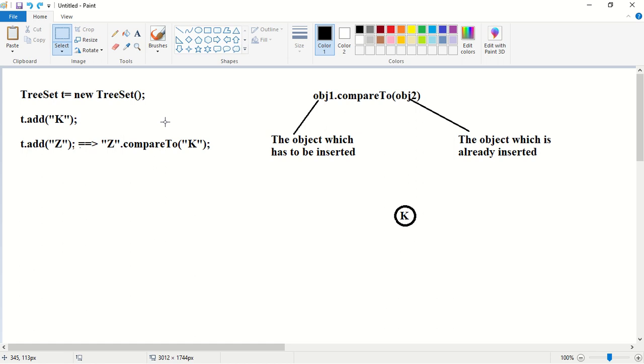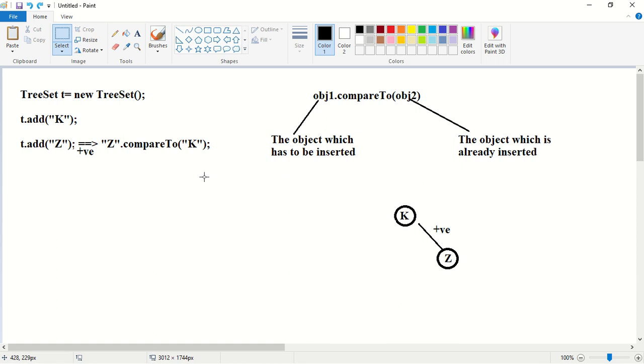In default natural sorting order, the sorting order for strings is alphabetical order. Should z come after k or before k? It should come after k. So it will return positive. What does positive mean? z should come after k, which means it should come on the right-hand side of k, the right node. You can see here z came in the right node of k. Since it returned positive, it is coming after k.